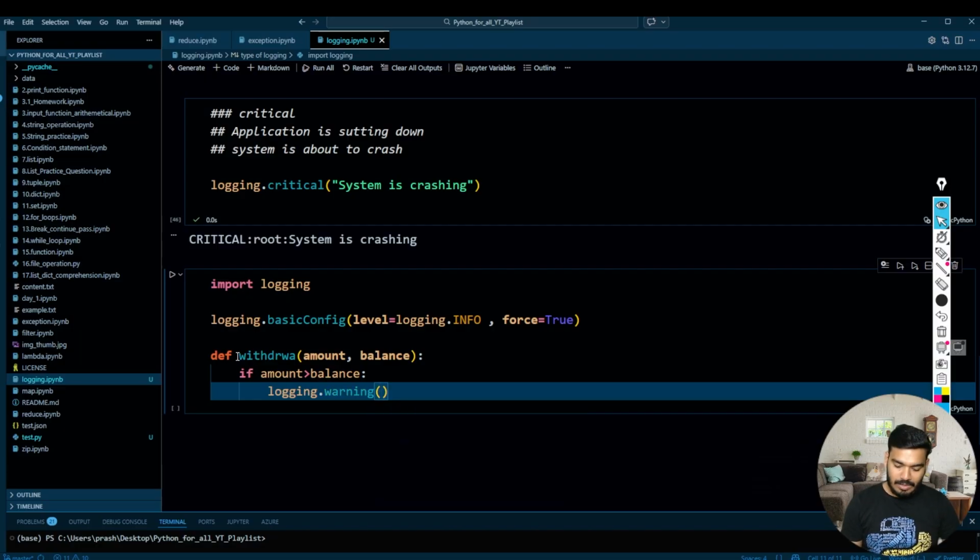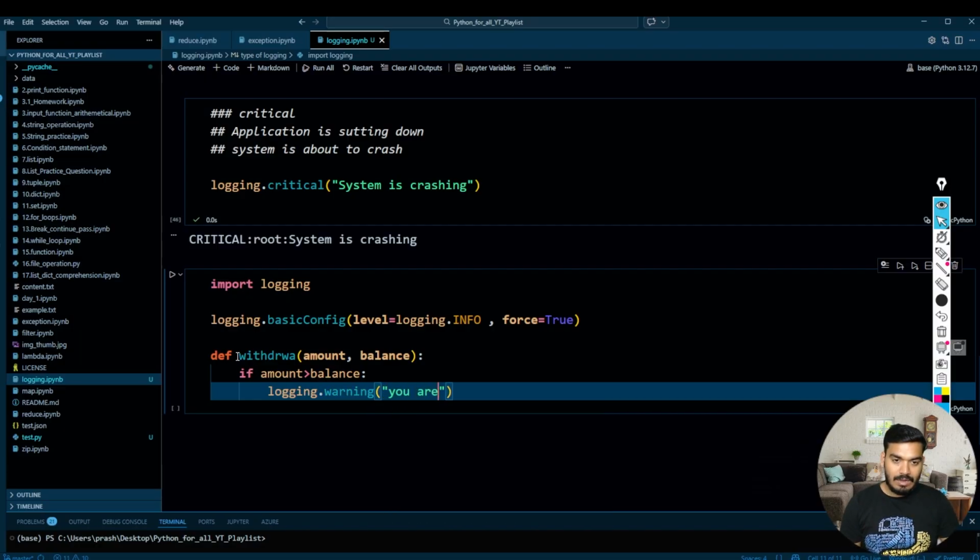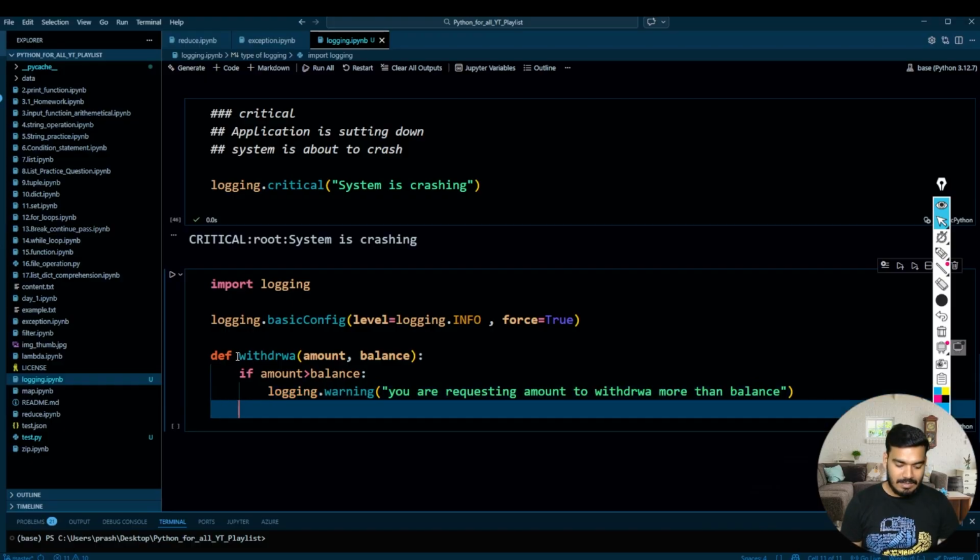And what warning do you want to give? You want to give that you are requesting amount to withdraw more than balance. Perfect. Else